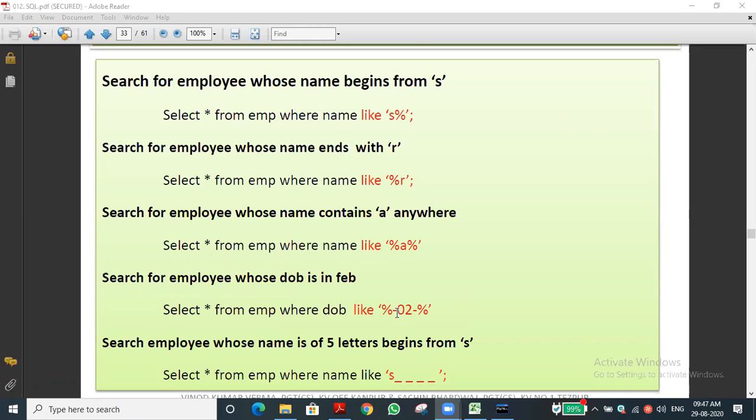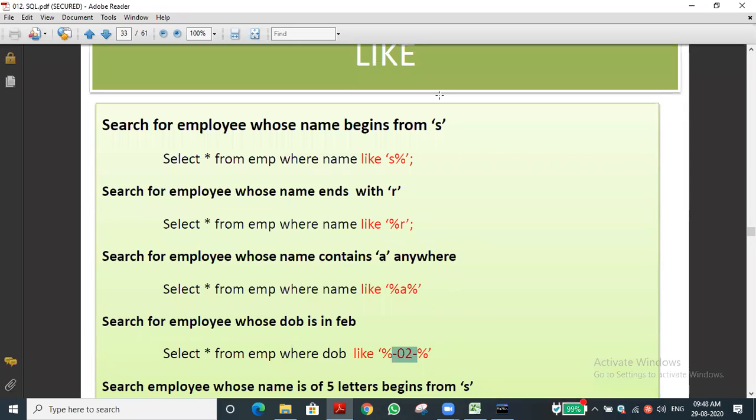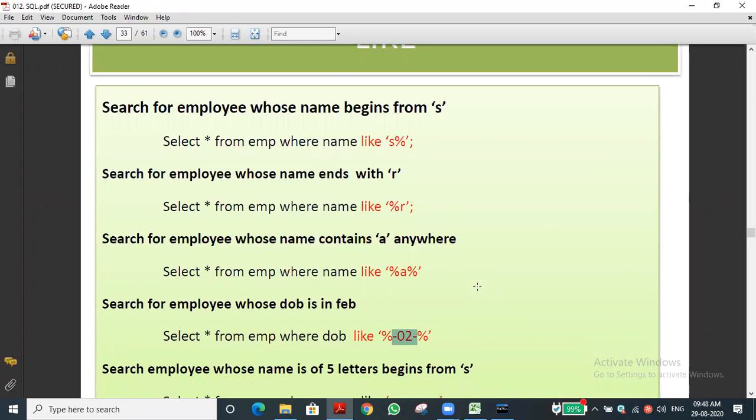For dates, there is a format. Using the format, we can search by month, year and day also. For example, who were born on the 29th. Because the date has a proper structure, a four-digit year, hyphen, two-digit month, hyphen, two-digit day, we have to mention it in that format. These are the LIKE operators. We have seen some examples of how to use LIKE, and in later classes we will see more.